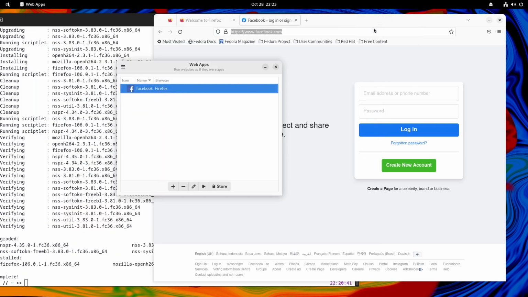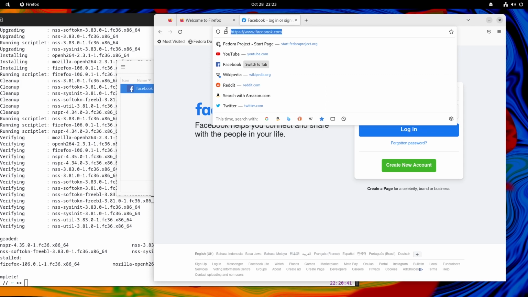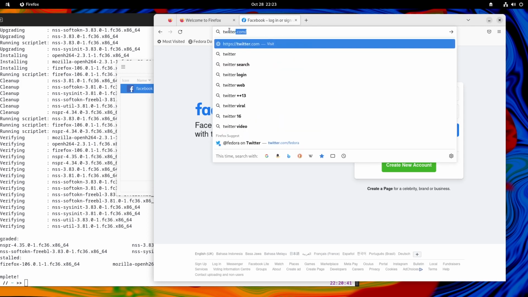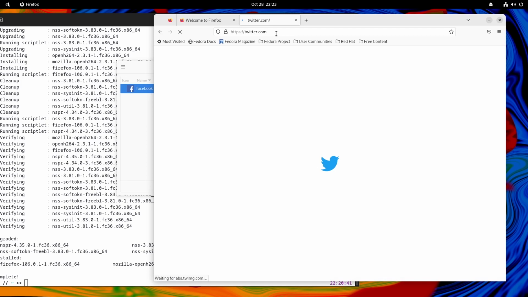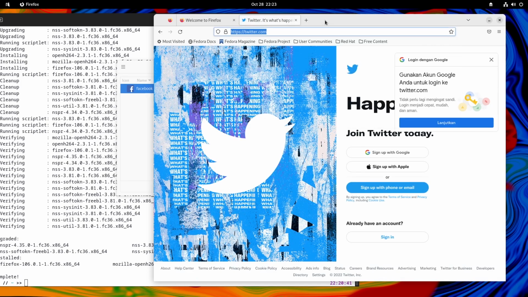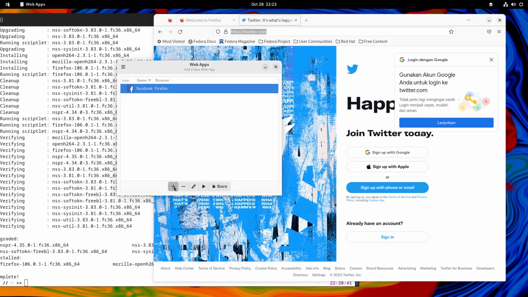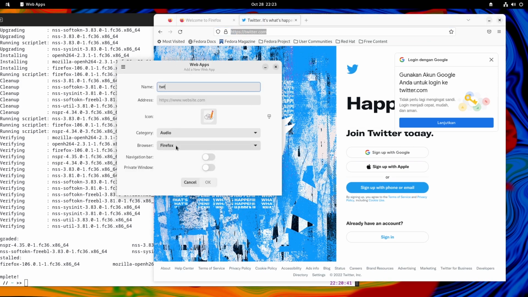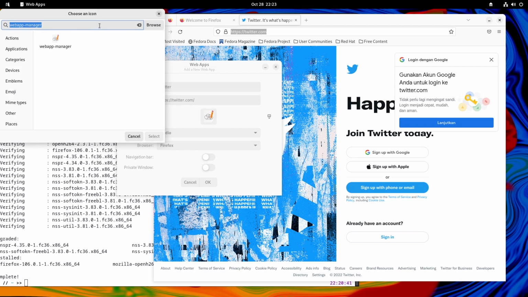I will try another app, for example, Twitter. Okay, let's add the launcher. Twitter. So there's no Twitter.